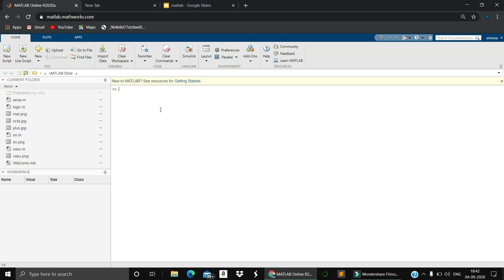Okay. Then if you want to perform the addition operation, you will use the code a is equals to 2 plus 3. I am assigning the variable a, so a is equals to 2 plus 3. Simply by clicking the enter button, you will get a is equals to 5. If you have created any variable in the command prompt or this screen, then that variable is going to be visible